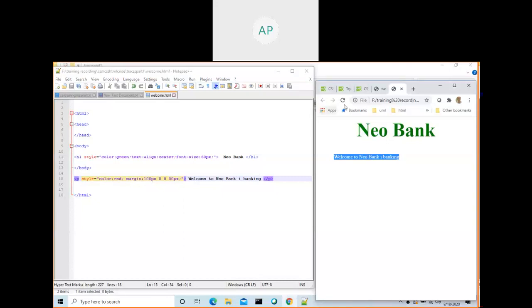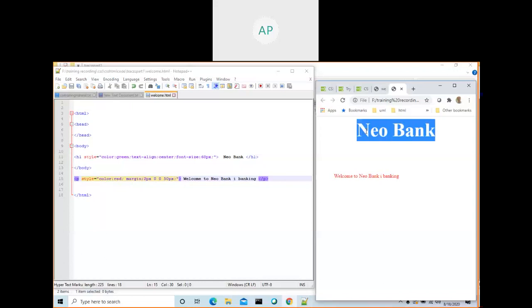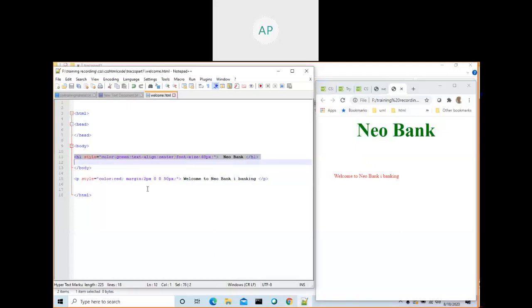Let me run this one. See, it went down. If I make it 2 pixel, then according to your CSS, you want only a 2 pixel gap between this element and this element. So margin is about giving space between elements, the border, the screen. Now you informed this tag that you want only 2 pixel length between this tag and this tag. Okay, let us run.